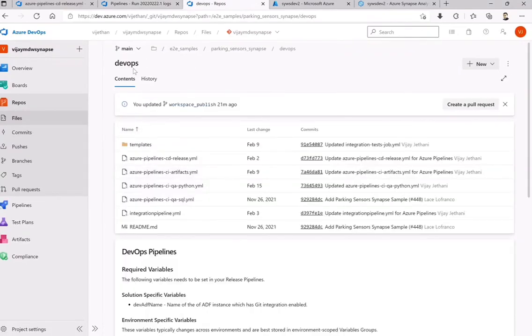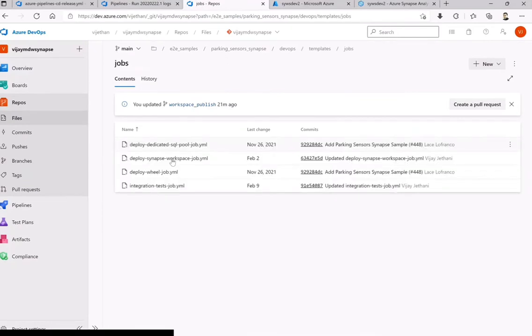So this is the folder which you have to refer to. Everything is here along with the integration pipeline. So these are the sub jobs. You can refer to them meanwhile if you want to go through each of them.